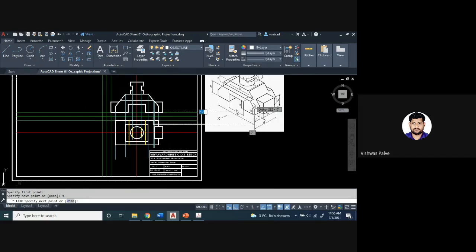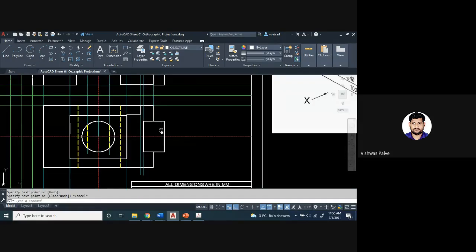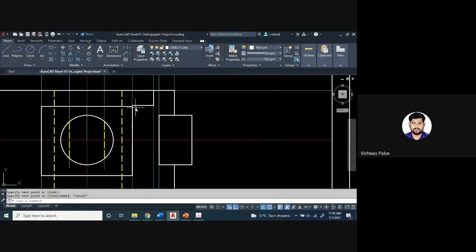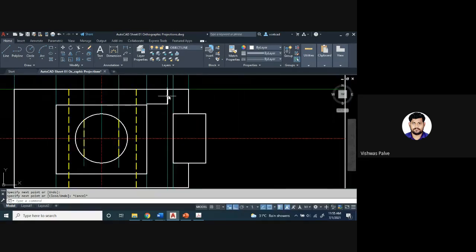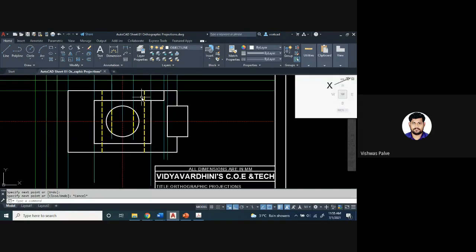So it will be exactly matching with this point. Same thing on the other side. Here it is showing some gap. Let me check what is happening. L enter, from this point it will be coming here, and the same thing will be seen on the other side. Now everywhere you have to draw the same thing.